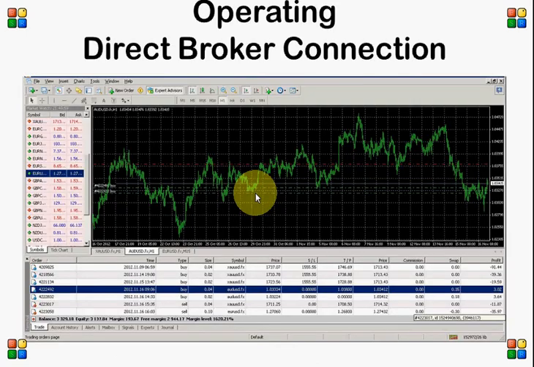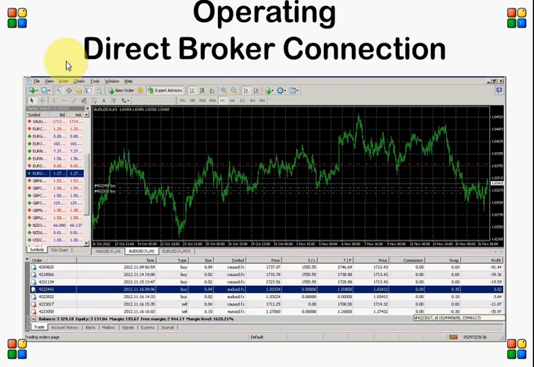Now this is just an example of what it looks like on your chart if you have a direct broker connection. You'll notice here that there is literally nothing on your chart apart from the orders and the price action. There's no EA attached, and there's nothing to confirm that a connection is established with your broker. You need to do that through our web-based control panel. All you're going to see here are trades executing and being managed. As I mentioned, you can adjust them through your terminal, so if you want to close it, just close it through here,